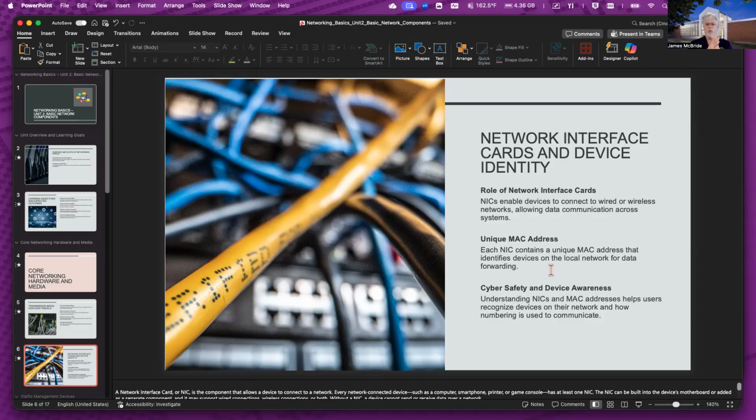It doesn't change. It's always the same. And it's a bunch of letters and numbers. So it's not just ones and zeros. It's not just 0 through 9. It's also A, B, C, D, E, F that is part of that. And it identifies that particular